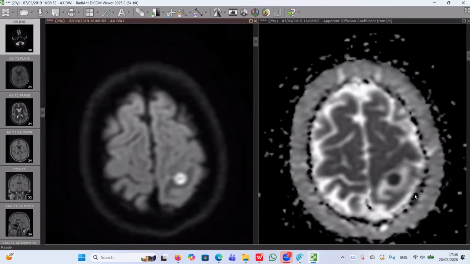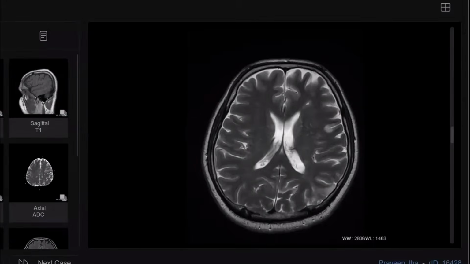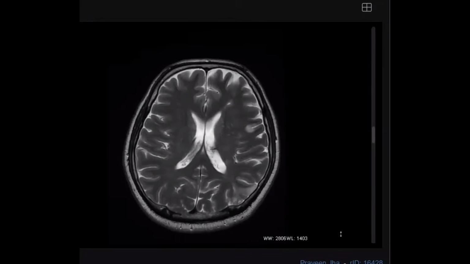We have been following this case for more than 6 or 7 years, with an area of encephalomalacia, but this case proved to be a small brain abscess. I think I finished our cases today, but I would like to show you this case, as I told you,